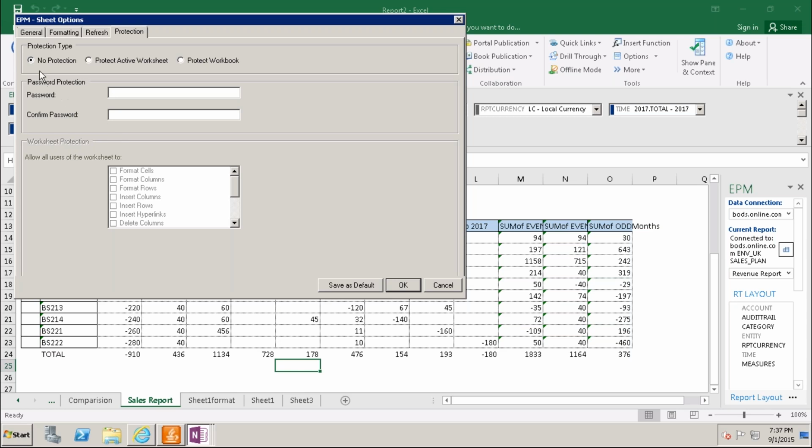When I go here, there is the no protection option presently. Protect active worksheet, protect workbook. You click here, only this worksheet will be protected. The next worksheet will open for all without lock. If you keep this one, the entire workbook will lock. First thing, I'm going to show you this, only this worksheet I'm going to protect with